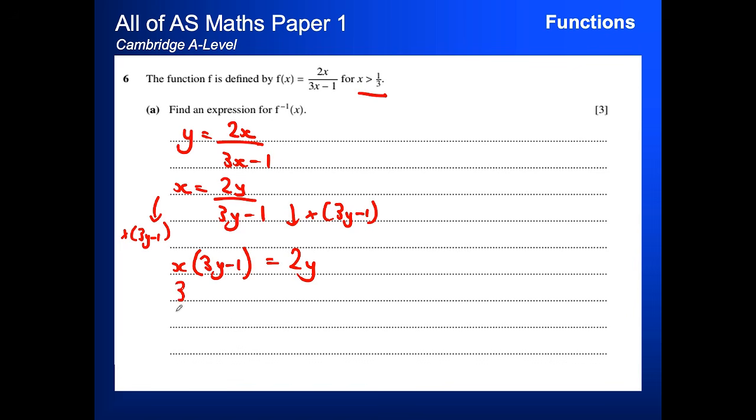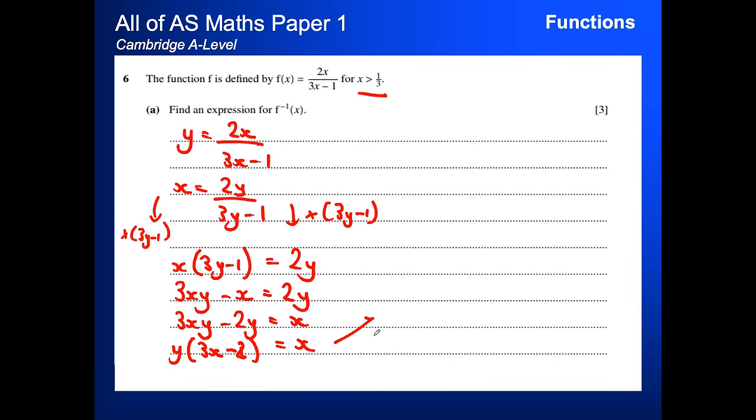Expand the bracket out, so 3xy minus x is equal to 2y. And our general strategy here is put everything with y on the left-hand side, everything else on the right-hand side. So we get 3xy minus 2y is equal to x. And the reason we do this is a nice little sneaky trick to remember for the AS Maths Paper 1: take out a factor of y. So we're going to put this into a single bracket, like so. Nice and sneaky. Make sure you put a 2 here and not a 1 like I just did,